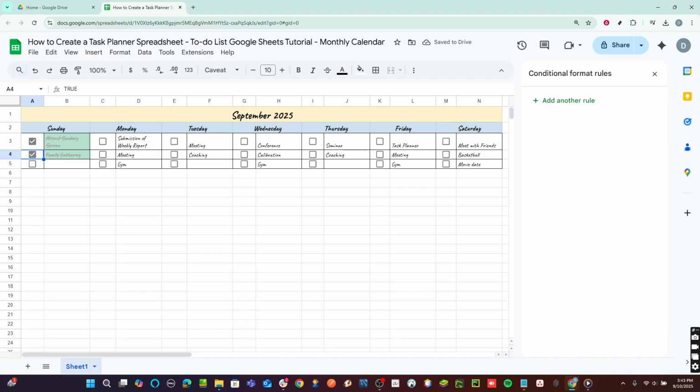And there you have it. You've just created a task planner in Google Sheets with custom conditional formatting. This setup will not only help you stay organized, but also gives you the satisfaction of checking items off visually as you complete them. Keep playing with different formats to adjust it to your taste and make the most out of your new